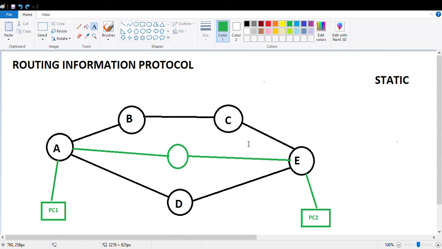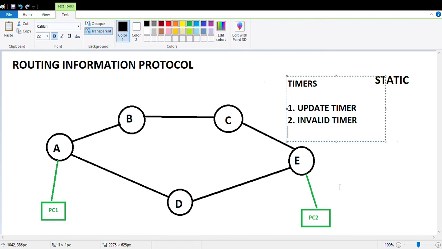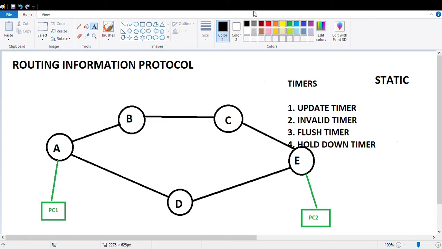Then we can talk about the timers. We have four timers. The first one is the update timer, the second is the invalid timer, the third one is the flush timer, and the fourth one is the hold down timer. The update timer means that every 30 seconds